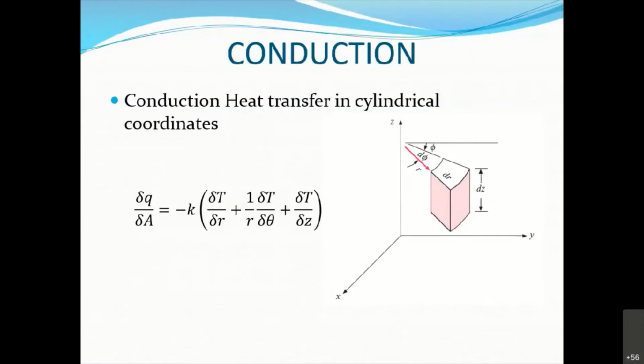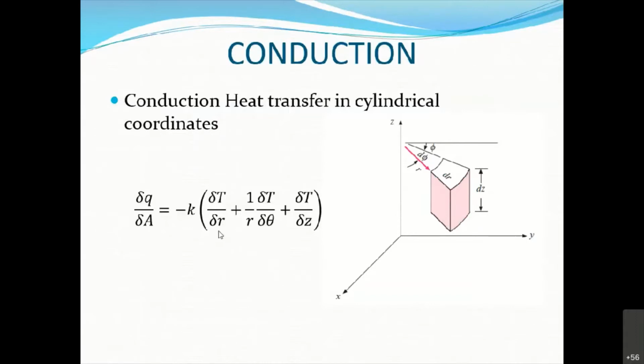Conduction heat transfer through a cylindrical tube. So as we saw in our previous classes, for a plate, we have the Cartesian coordinates x, y, and z. For our cylinder, we also have a cylindrical coordinate, but in the directions of